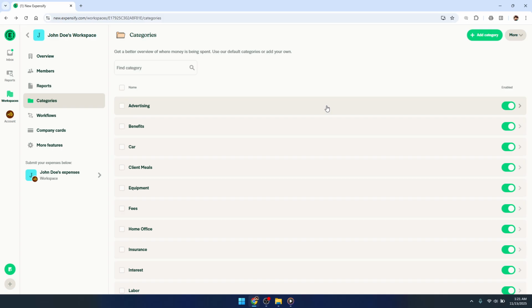Whether you're enabling, editing, or deleting categories, these changes can help streamline your financial tracking, making sure everything aligns perfectly